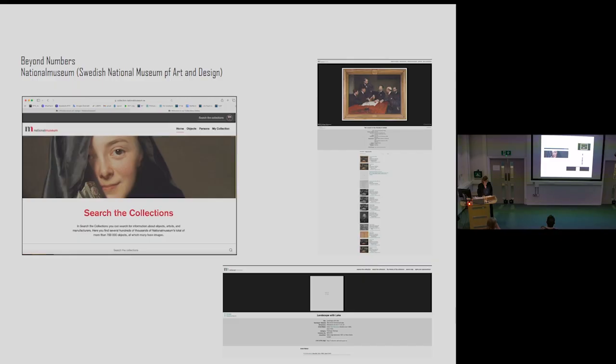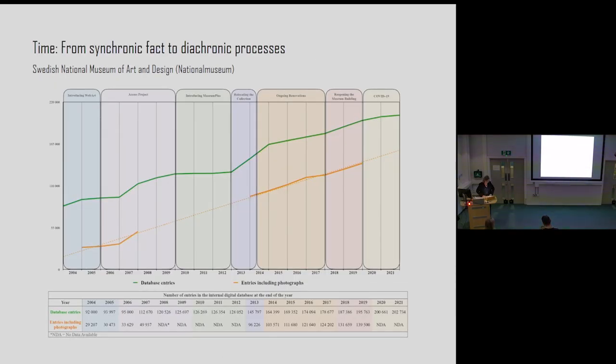information given. So one of the things we did was to look into the historical processes of digitization and the publishing of entries online at Nationalmuseum between 2004 and 2021. So this is almost 20 years. And all of these data were taken from the museum's annual reports, where for every year the numbers of digitized posts were advertised, as well as the number of photographs published in the online catalogue. And when plotted, which we did within the study, in a comprehensive diagram like this, a couple of